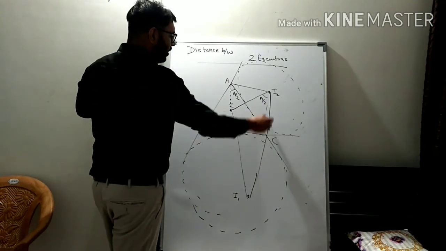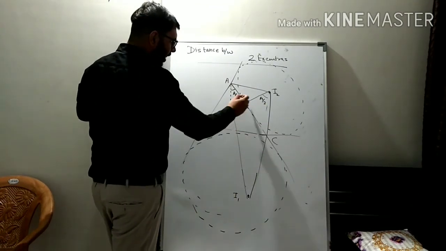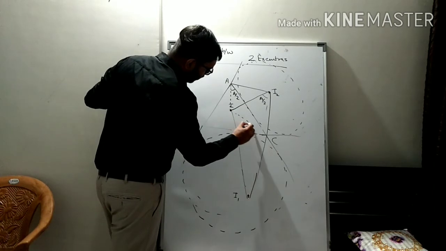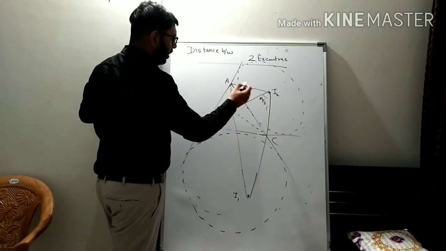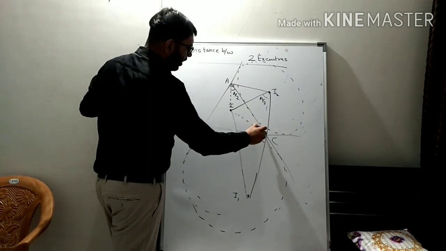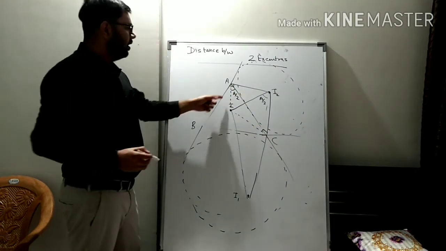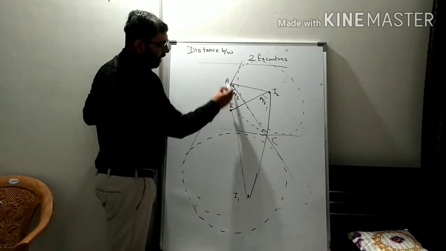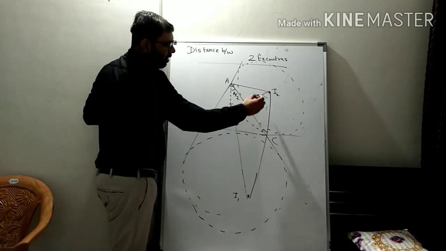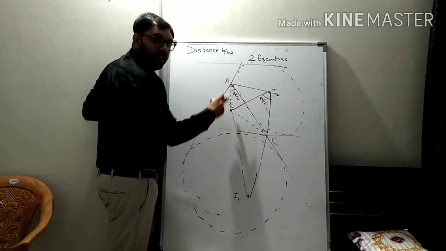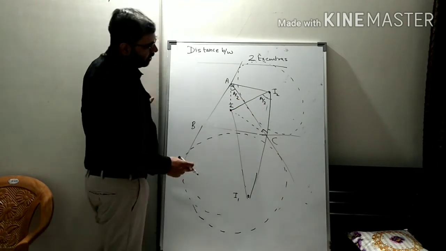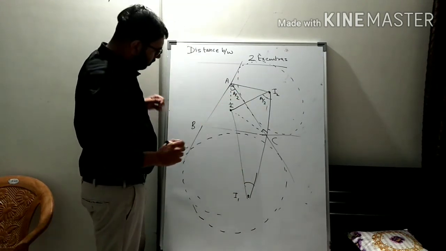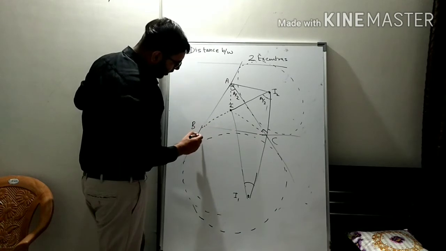Now these two angles will be the same, angles in the same arc, because if we join, this angle is 90 and this angle will also be 90. So this is a cyclic quadrilateral AI2CI. Opposite angles are supplementary, and angles in the same arc are equal. So this angle is equal to this angle. Therefore, this angle is A by 2. Since this is the angle bisector, this angle is also A by 2. Similarly, if I am interested in finding this angle, in that case I need to join these two.